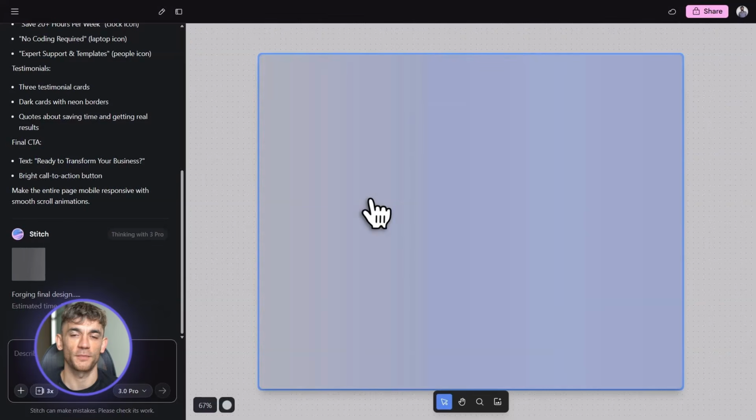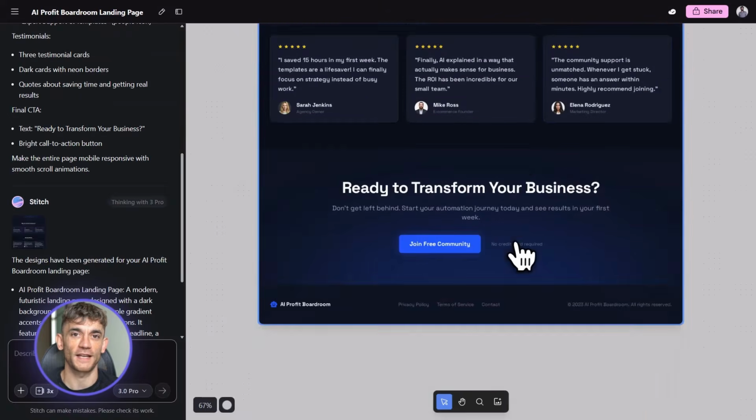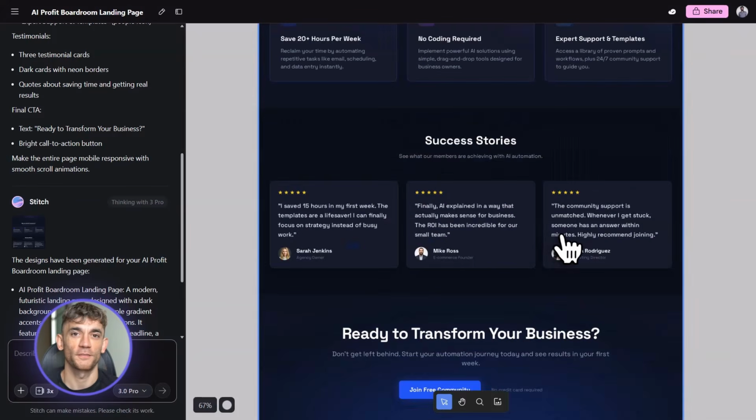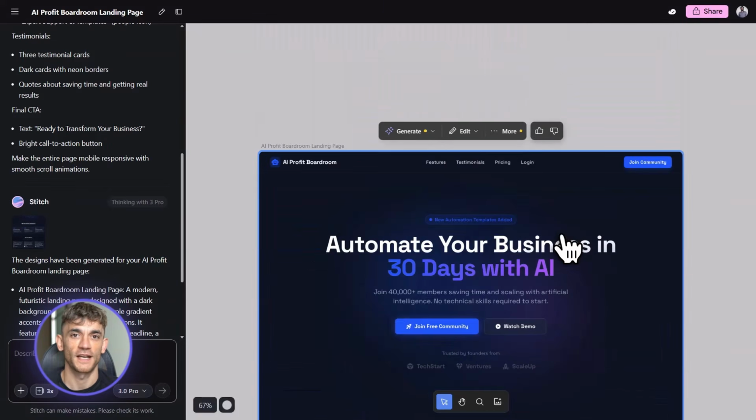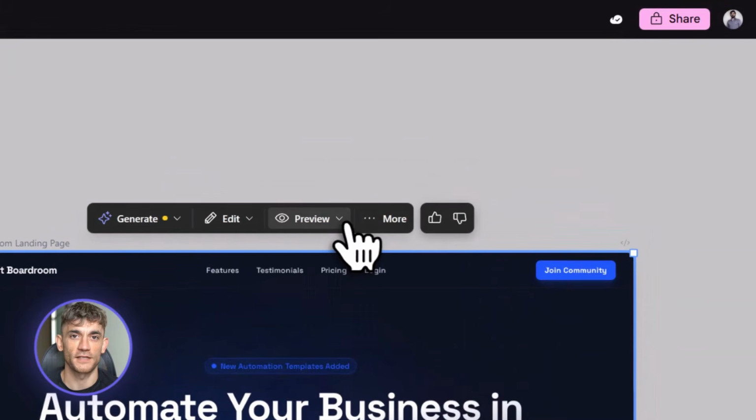Include quotes from real members about saving time and getting results. Add a final call to action section with text, ready to transform your business. And another bright button, make everything mobile responsive with smooth animations on scroll. I paste that in and hit generate. 30 seconds later, I have a complete landing page, and it looks professional. The colors are exactly what I asked for, the layout is clean, the spacing is perfect, the typography is on